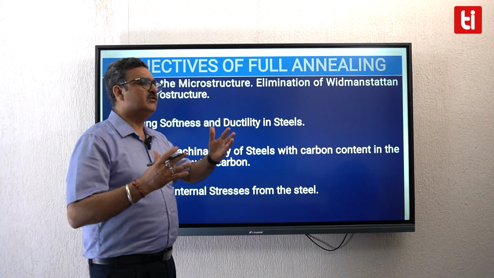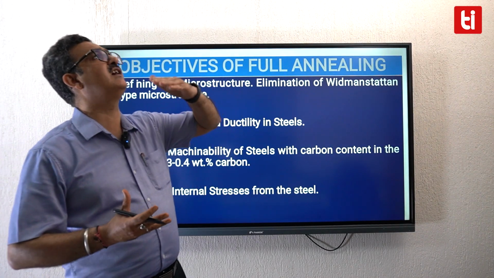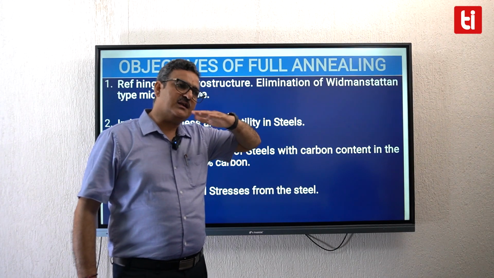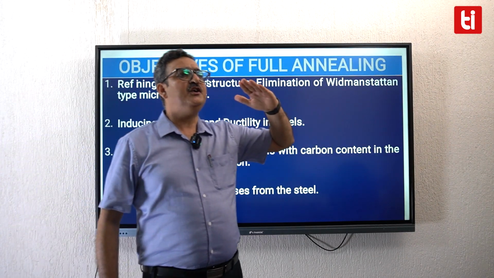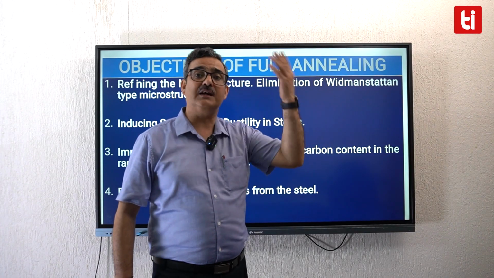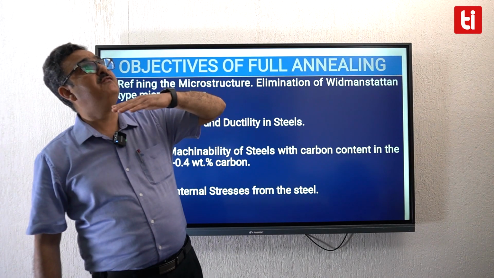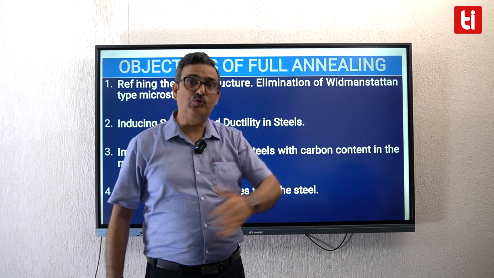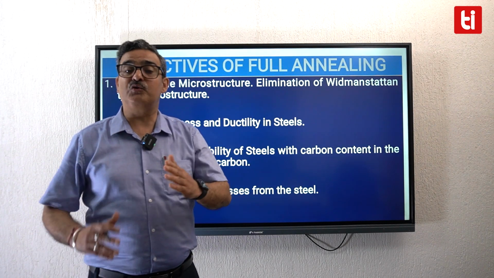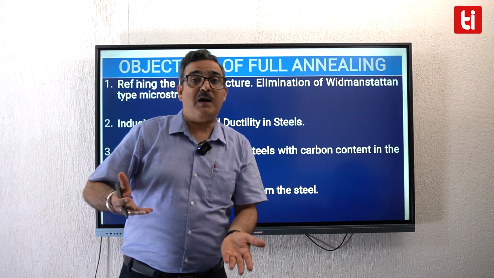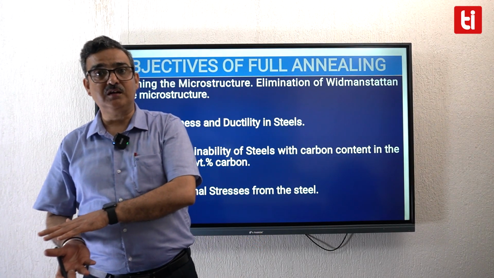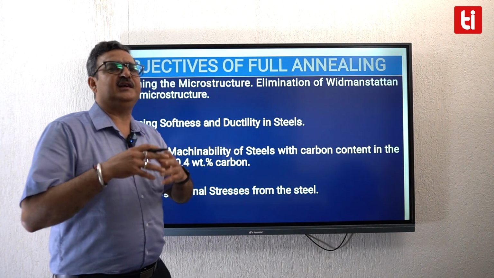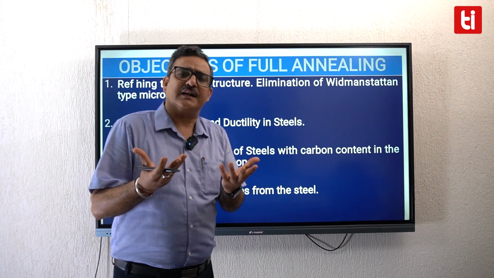For example, if in some process you took the steel for welding at a very, very high temperature, or in any manufacturing process, if the steel during service was taken to a temperature very much higher than its upper critical temperature, and then the steel was allowed to cool, the cooling was fast but was not fast enough to pass the quenching cooling rate, the critical cooling rate, then a very complicated type of microstructure gets formed in the steels,